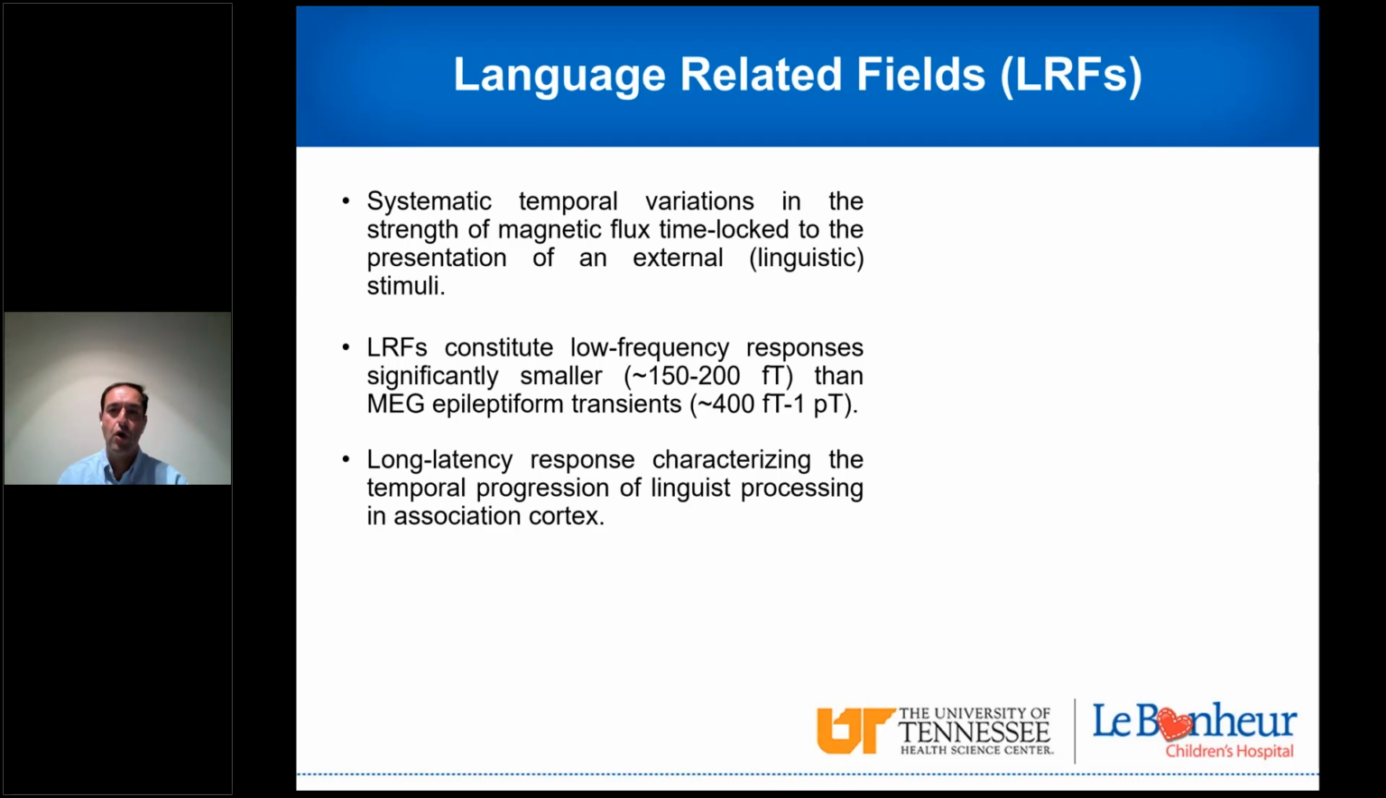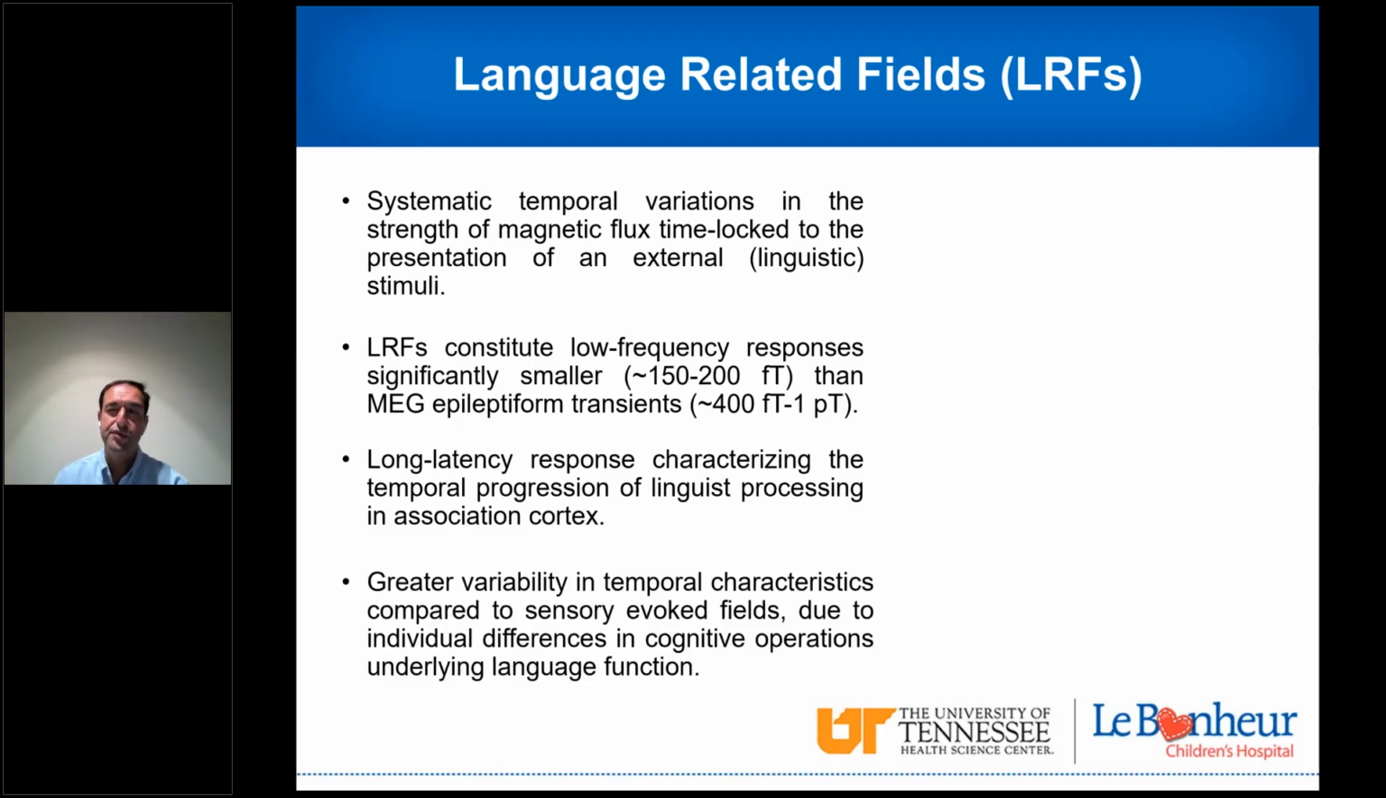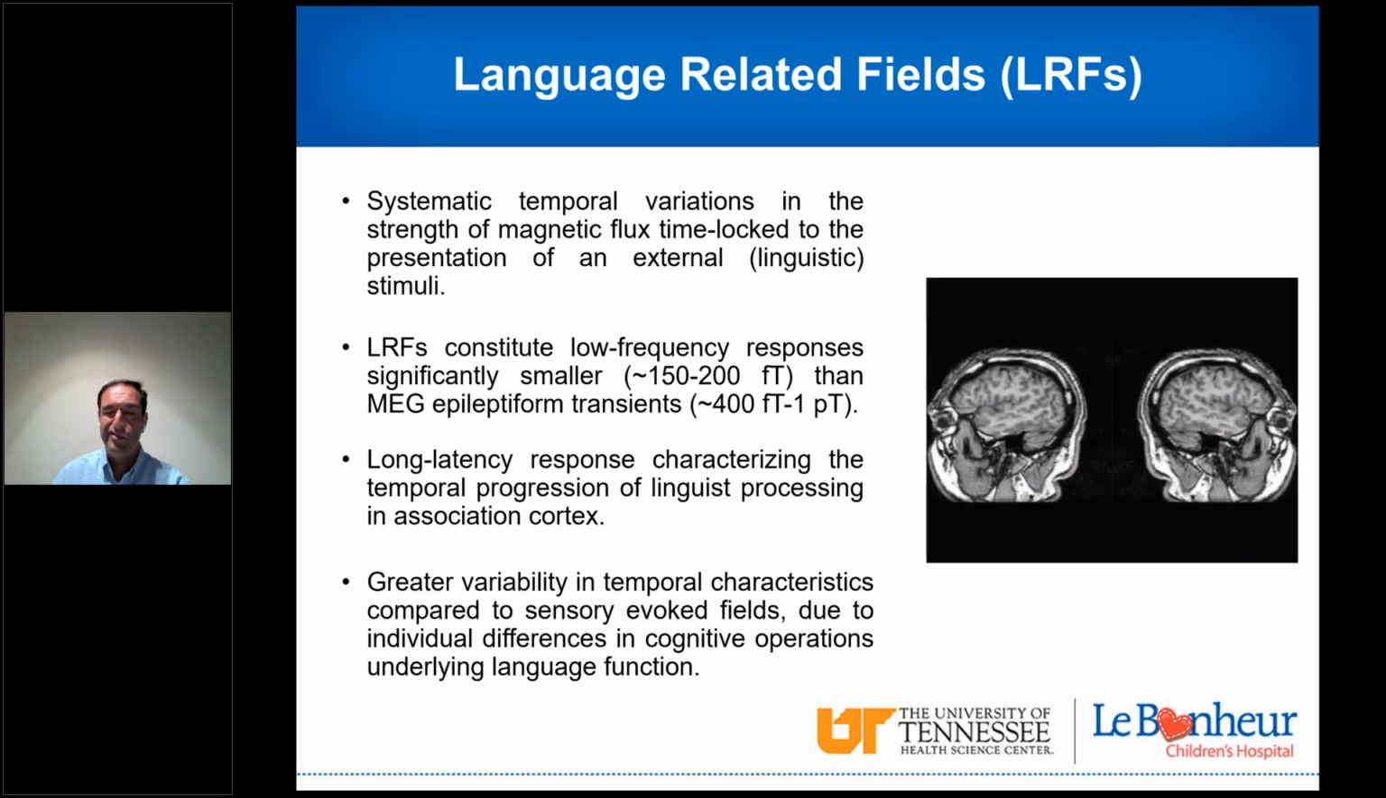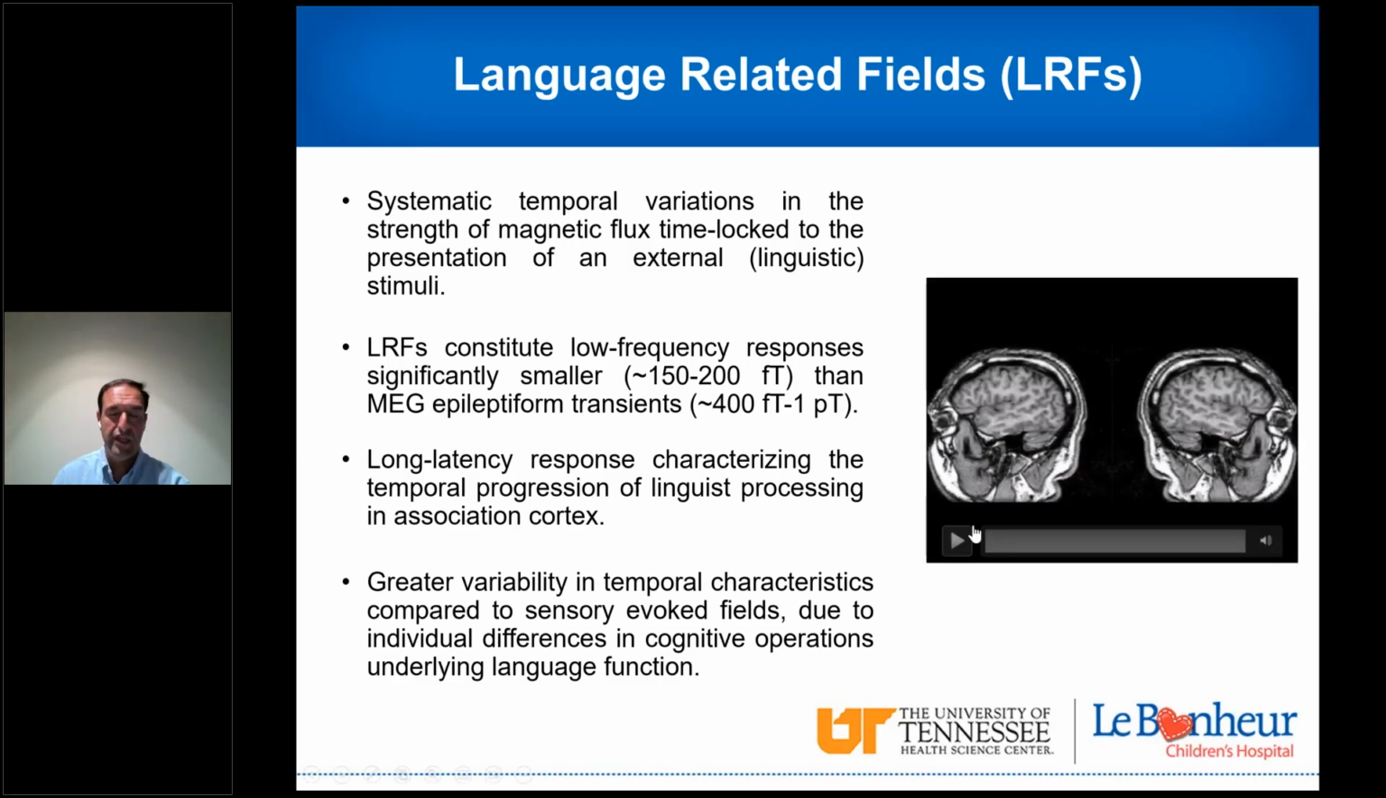So basically, if we refer back to the previous slide, we're mapping in time the sequential activation or engagement of areas that are involved in cognitive functions or processes that underlie a certain language function, be it receptive or expressive, in association regions. The other thing to keep in mind is there's a larger variability in the temporal characteristics compared to more robust sensory evoked fields, visually evoked fields, auditory evoked fields. So the variability in the engagement of those regions might make it a bit more challenging to obtain